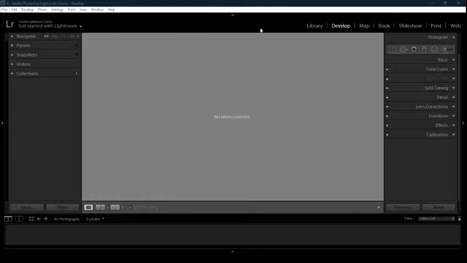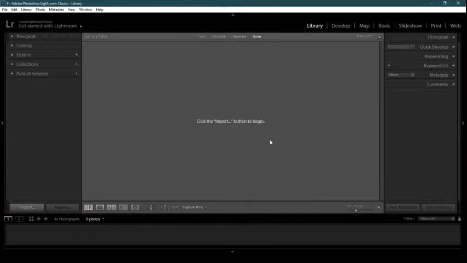Today we will start with our lesson with Adobe Lightroom. Adobe Lightroom is one of the applications owned by Adobe, and it's a purely image editing application used by photographers most of the time, and you can say one of the favorite applications of different photographers. So today we will go through the interface of Adobe Lightroom, and also we'll see what